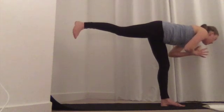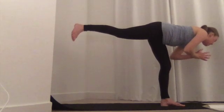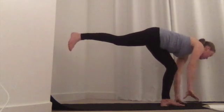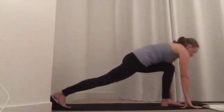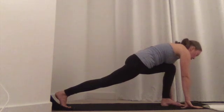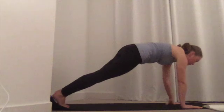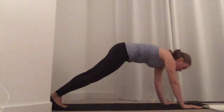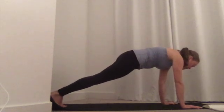Take another big inhale. Staying for your exhale. And then bend into that front knee until the fingertips find the floor. Bring that back leg all the way back. Bring the left foot to meet the right at the back of the mat. Here you can stay and you can keep that modified flow. Or you can exhale to come